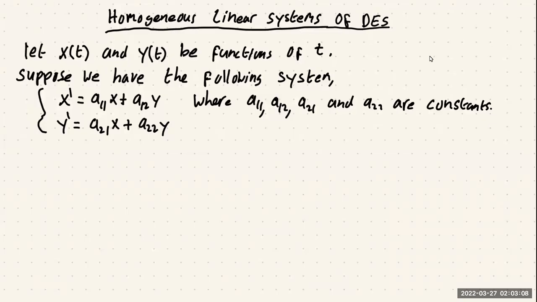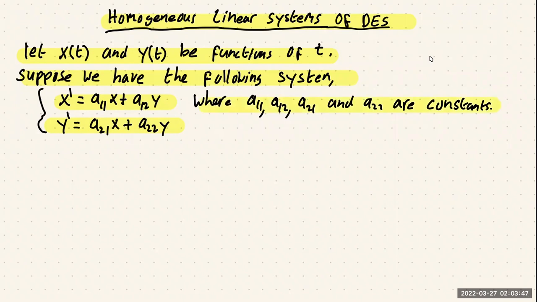Okay, so in this video, we're going to talk about homogeneous linear systems of differential equations. Let x of t and y of t be functions of t, and suppose we have the following system. Our first equation is x prime equals a11 x plus a12 y, and our second equation is y prime equals a21 x plus a22 y, where a11, a12, a21, and a22 are